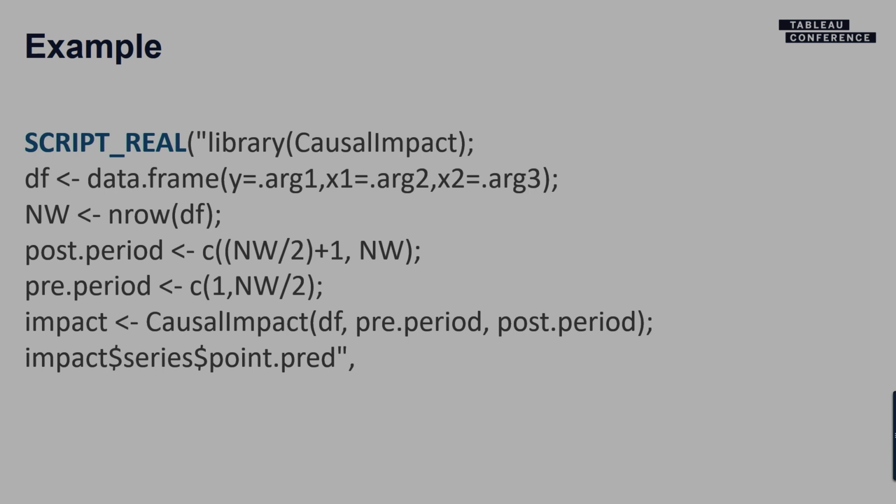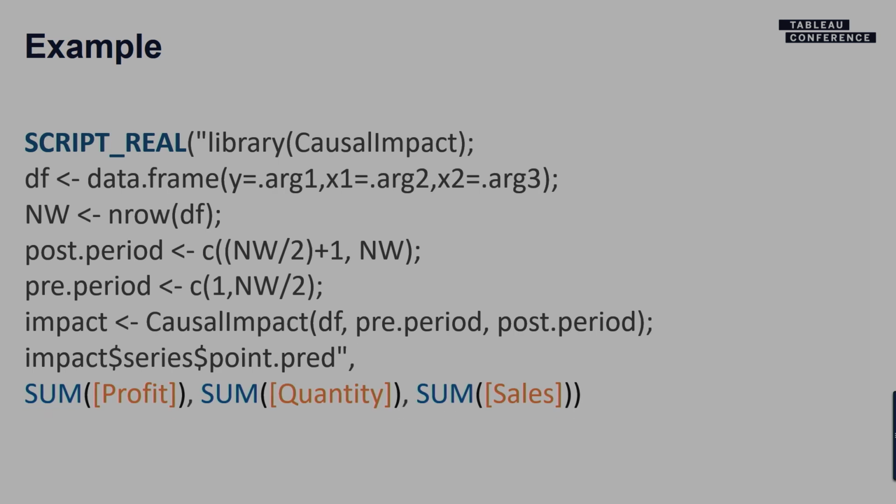Now comes the important part. What we are going to be doing in terms of bringing in these calculations from Tableau is we're going to use these different fields here that are all aggregations to map those into this calculation. So my sum of profit in this case is mapped into arg1. Sum of quantity is mapped into arg2. And sum of sales is mapped into arg3. All of these positions that we're referring to with these arguments, as you can now see, are all just mapped into that particular position that that field ends up in.